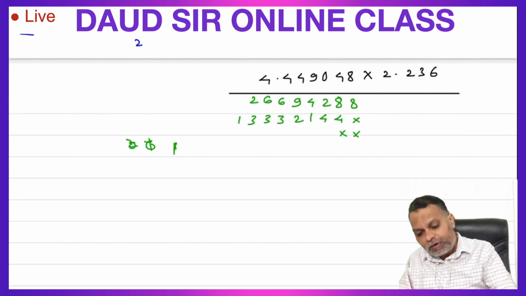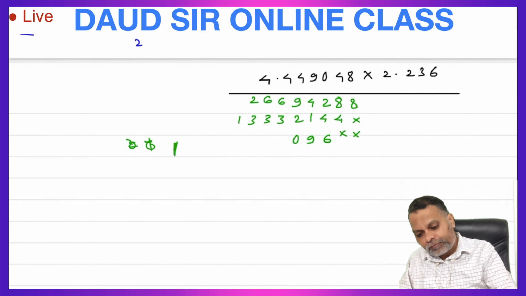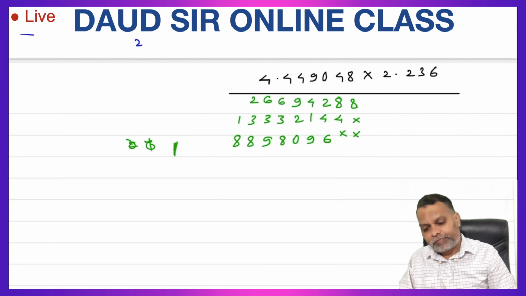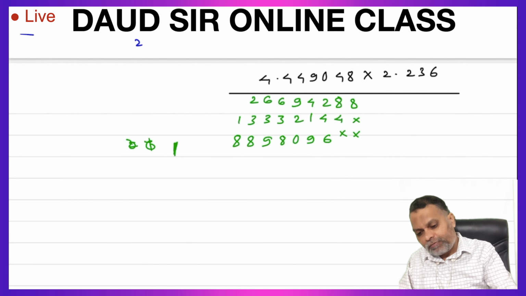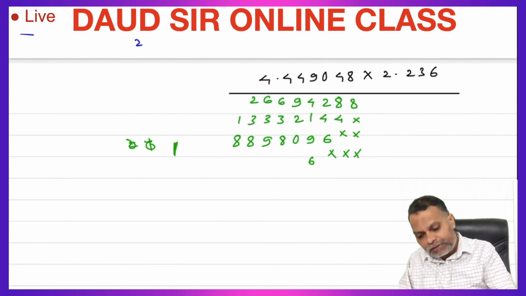Now multiply by 2. 2 8 are 16, 6, carry over 1. 2 4 are 8 plus 1 9, 0. 2 9 are 18, 8 1. 2 4 are 8 plus 1 9. 2 4 are 8 and 2 4 are 8. One more 2, multiplying by this last 2. The same quantity will come 6 9 0 8 9 8 8. Add them.